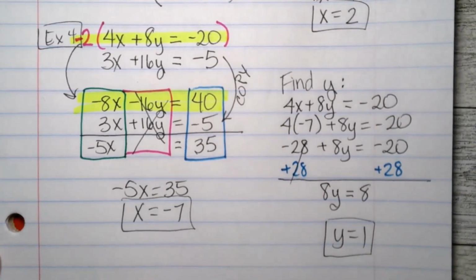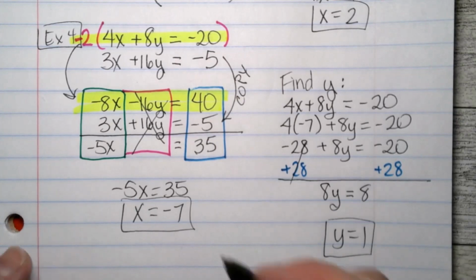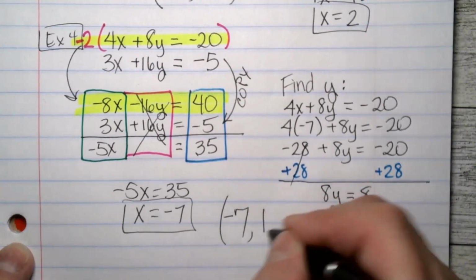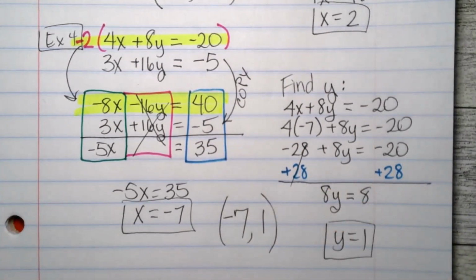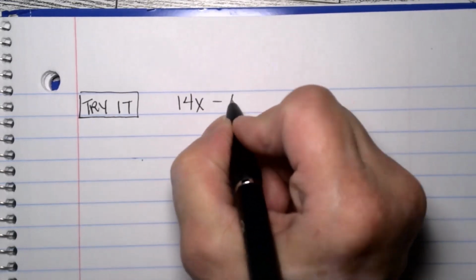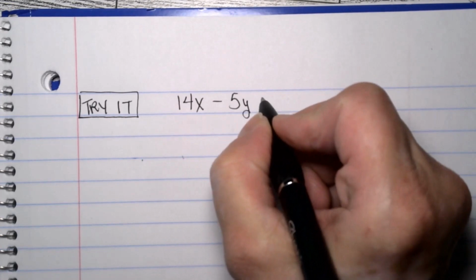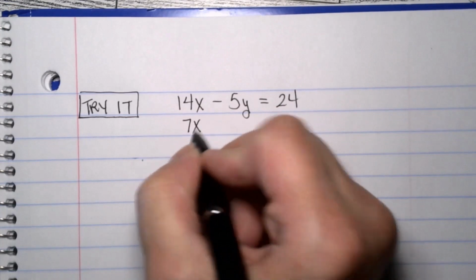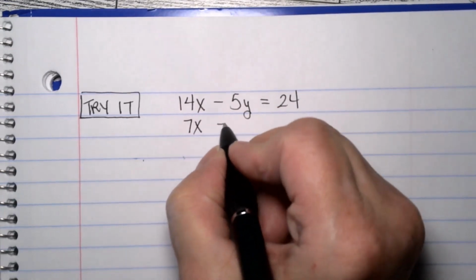You can get faster and take up less space the more you practice these, but they're a bit gnarly in the beginning if you did not learn this last year. We need to do a try it for when you have to multiply by something. I might help out a little bit on this. We'll see what happens. 14x minus 5y equals 24. 7x plus y